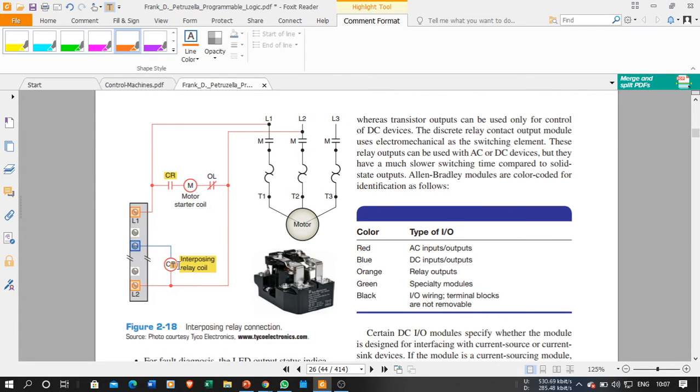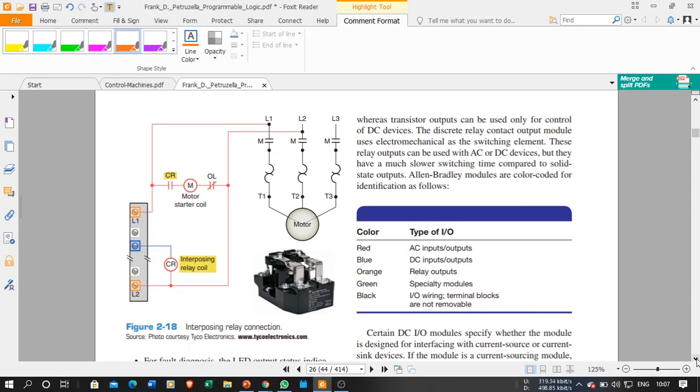And when this control relay is energized, its auxiliary contact will either close or open depending on whether you are using NC or NO. So here I am going to use NO. So when this relay gets activated, this NO contact will close and the motor starter will get energized. Okay, and your actual motor will start.